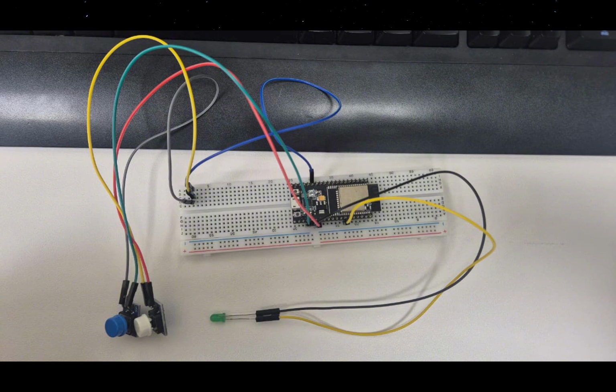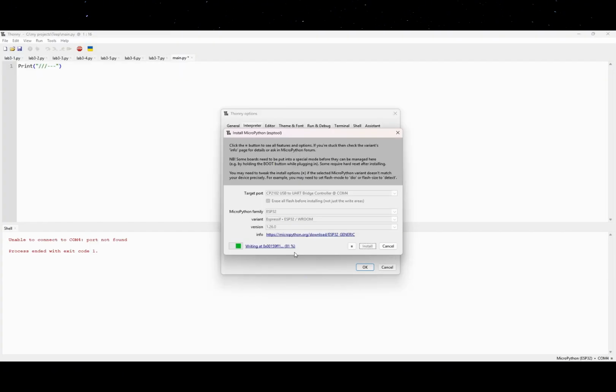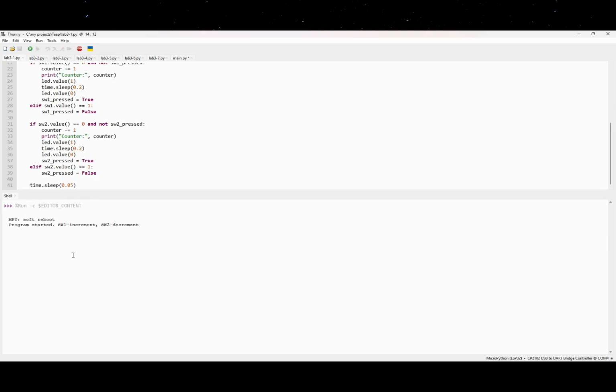This is our practical circuit using ESP32s. Now we run every lab task in the Thonny software connected with our practical circuit and check every output with the circuit. Lab 1,